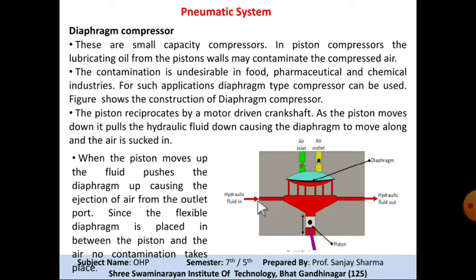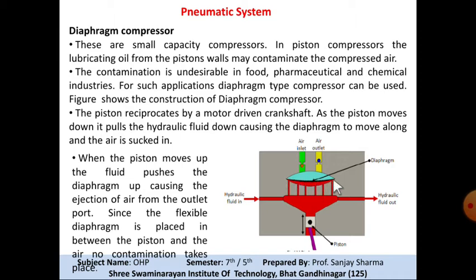So here, during the suction, whatever the fluid is there, it will create a vacuum here, and as the vacuum is created, this diaphragm will move to a downward position. Whatever air enters the space above the diaphragm, this bluish space you are seeing, and thereafter as the piston moves up, it will push this hydraulic fluid in the upper direction, and this diaphragm with